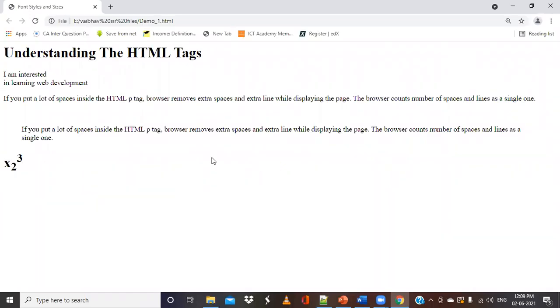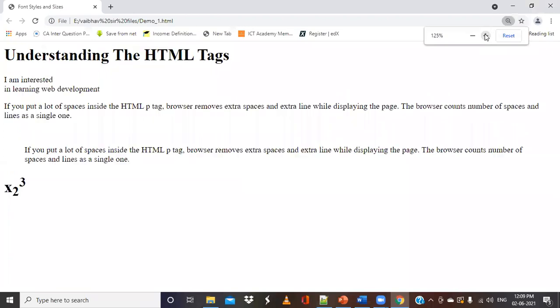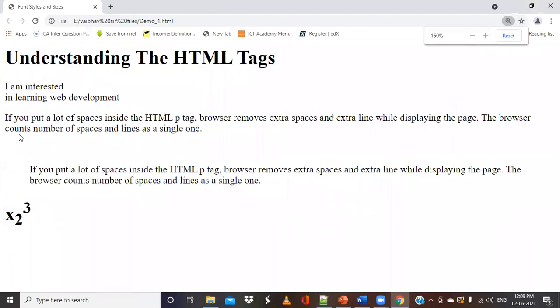Now you can observe that, I'll just zoom it in. Here you can see that this paragraph is starting with the first character at the left margin itself. But if you take the same content and put this entire thing in the block quote, it appears that the entire thing has taken some left margin, and similarly there is a right margin, we can say.